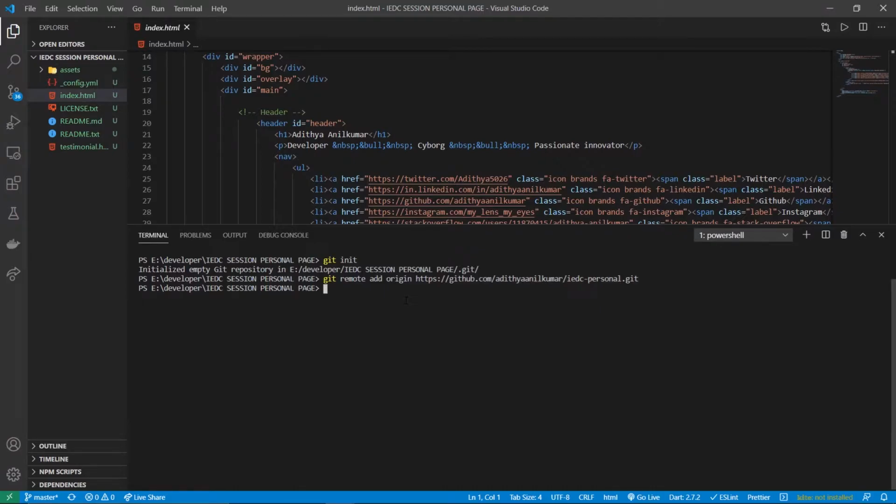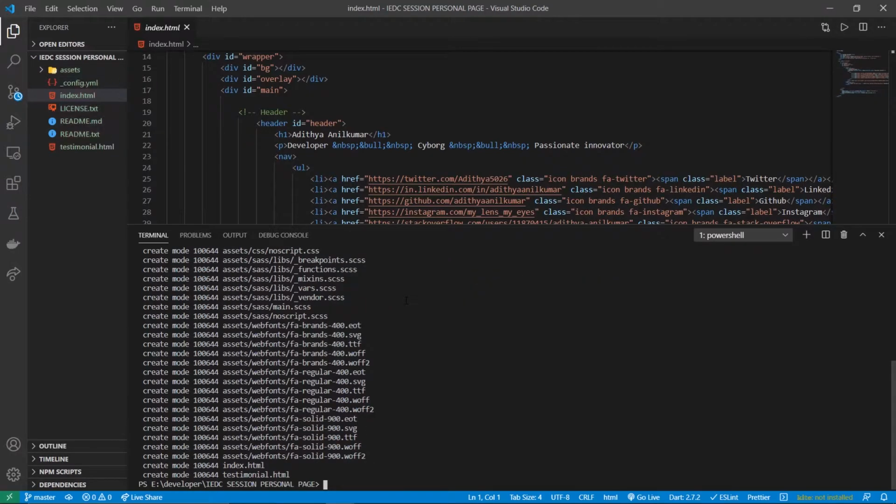After you have linked both the repositories together, it's time to commit your changes to the repository. In order to do that, you can type the command git add to stage the changes in the staging area. This will tell Git that you have made these following changes, and you can commit it by telling git commit and followed by the commit message. I'll say initial commit of personal website. You can see these many files have been created. So Git knows that these many files exist now in our repository.